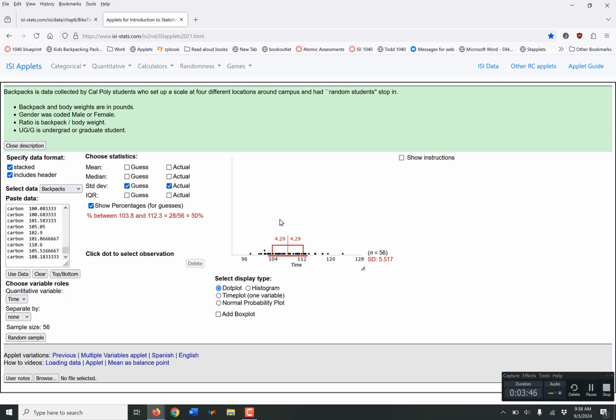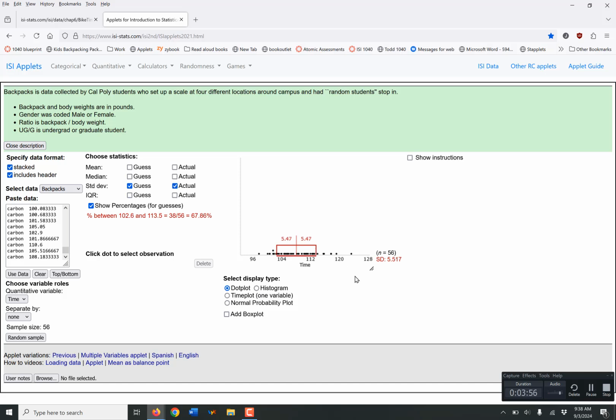Now, if I go back to what was my actual standard deviation, it was 5.517. If I drag these lines out to match up as close as I can, about here, you can see there's about 67.8% of my data within one standard deviation, which is pretty cool. Or if I wanted to go out 2 standard deviations, that would be about 11. Let's see if I can drag this 11 out. So that's about 98% of all of my data, and I think I went a little bit far, so if I go just a little bit in,